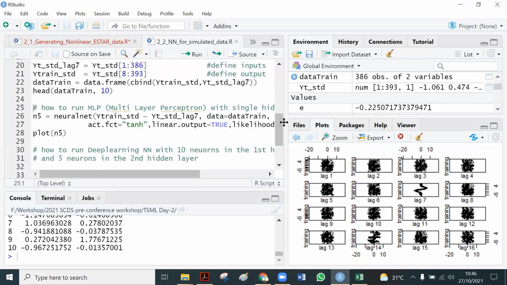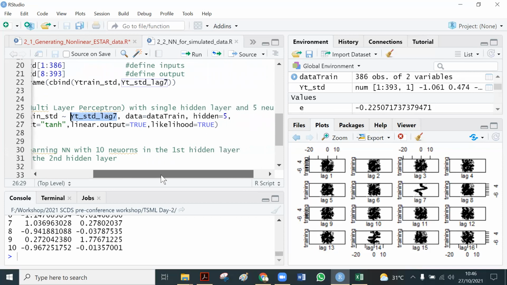Then we want to apply a multi-layer perceptron using the function neuralnet, with the output being the standardized Y train and the input being lag 7, the time series value at lag 7.